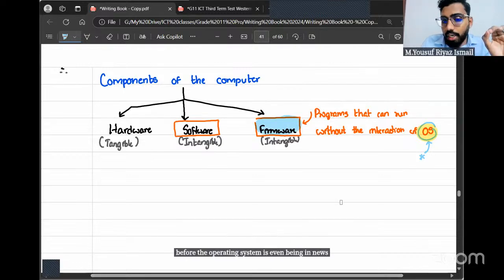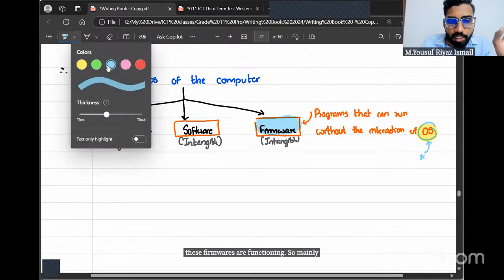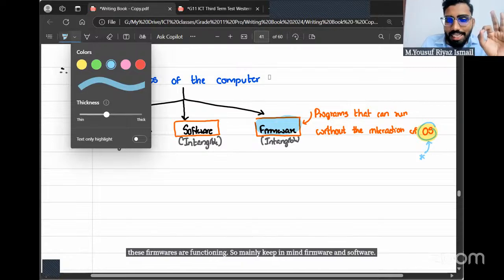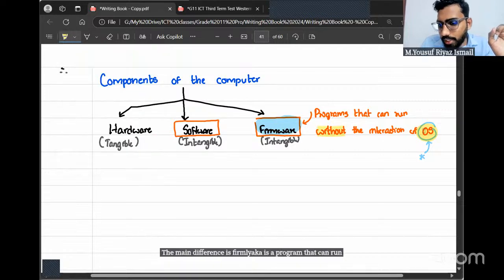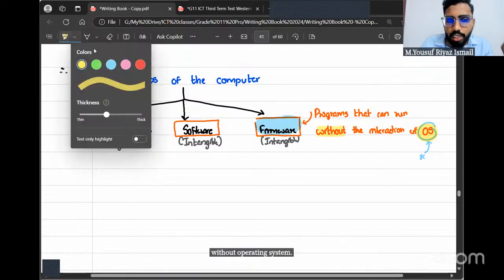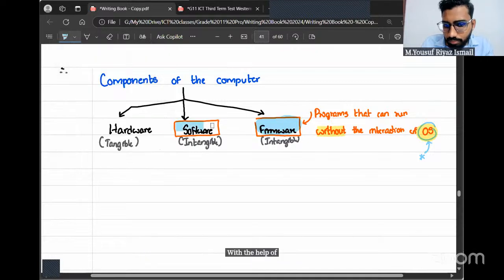These firmwares are functioning then. So mainly keep in mind, firmware and software are both types of programs. The main difference is that firmware is a program that can run without an operating system, but software is a program that has to run with the help of the operating system. Is that clear, all of you? Got it?